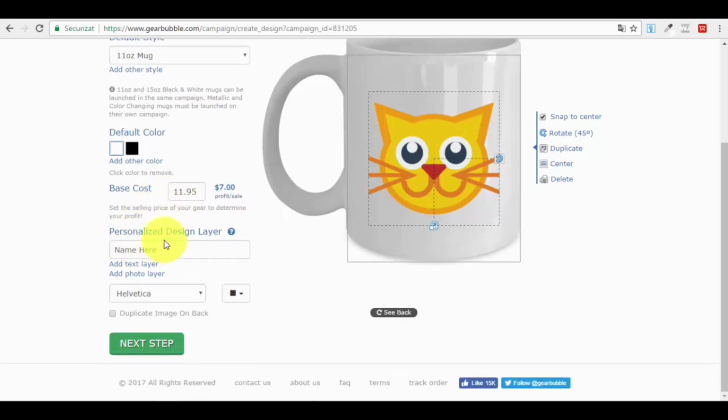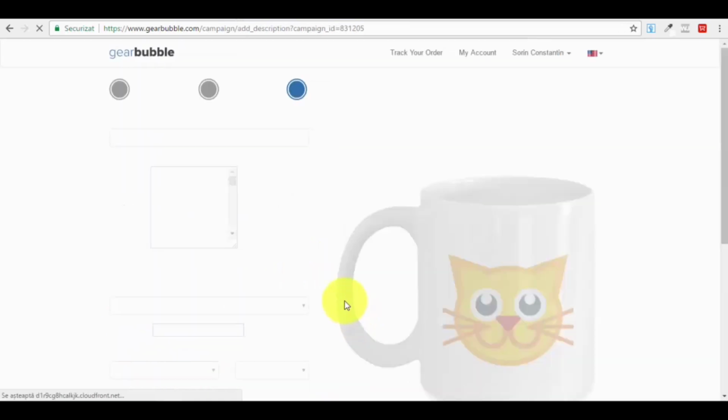Then you can also give your design layer a name, so you can save it for the future. You can also add a text layer to the design if you want to, or another photo layer, but I don't want to. I just want to leave it like this. You can also duplicate the image on the back, sorry. That means that on the other side of the coffee mug, you will have the same image put again. And when you are done with everything, you just have to press next step. So we'll press next step,